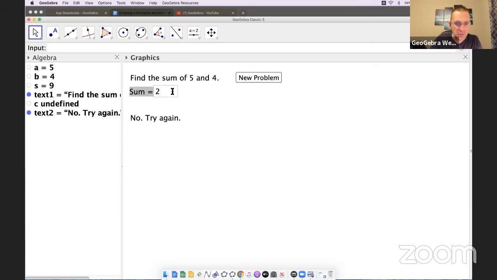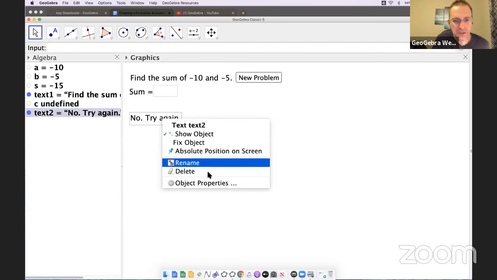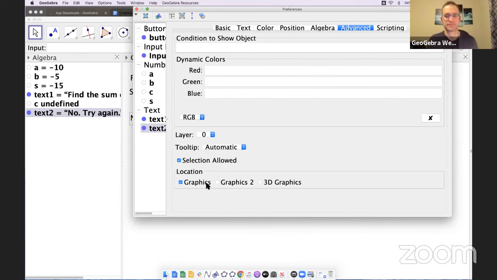Now we're starting to get somewhere. So now we have one more hurdle to tackle here. How do I make this disappear when this is blank? The way you could do that, because it gets annoying, right? You don't want students seeing that over there. All right, so right there, what you would do is right click here, go to object properties, and under advanced,